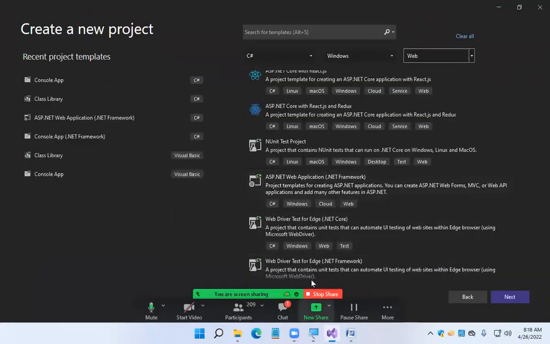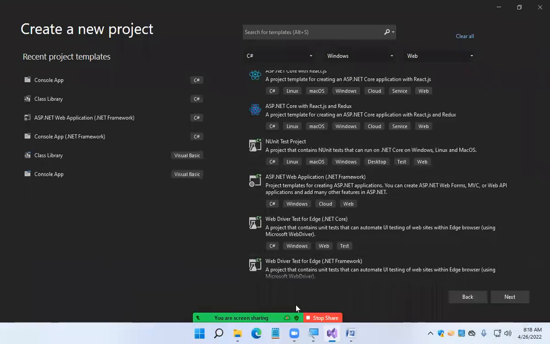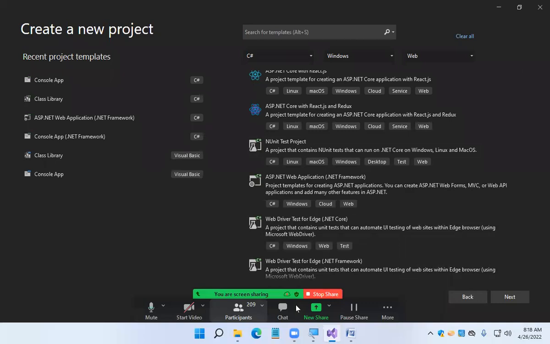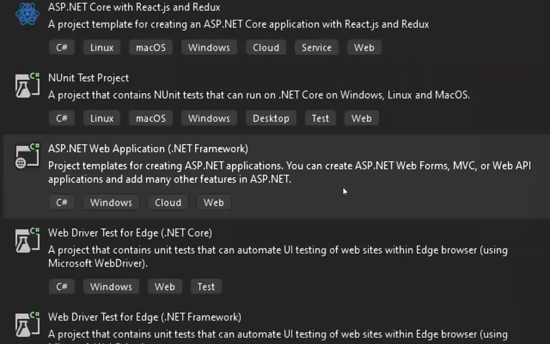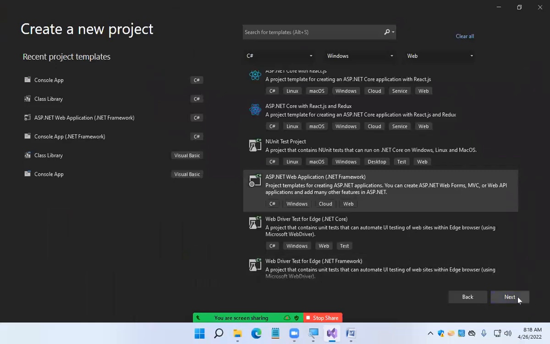The total course schedule is 2.5 months, and I'll cover all these things in that. So select ASP.NET Web Application, .NET Framework, and click on the next button.